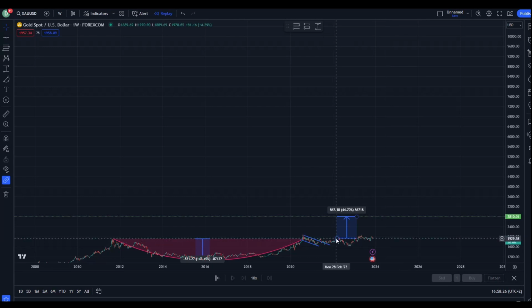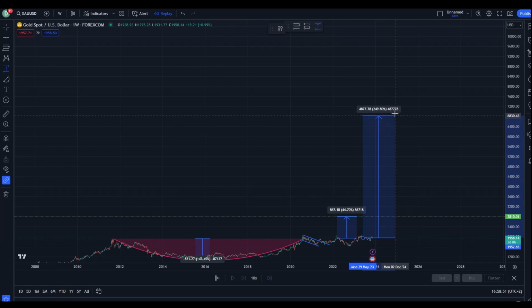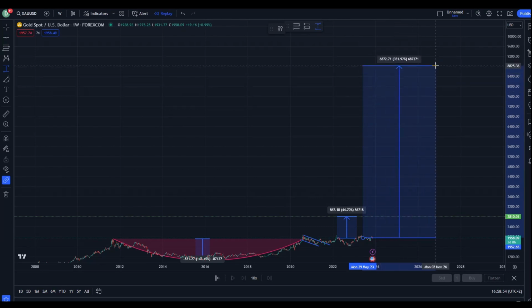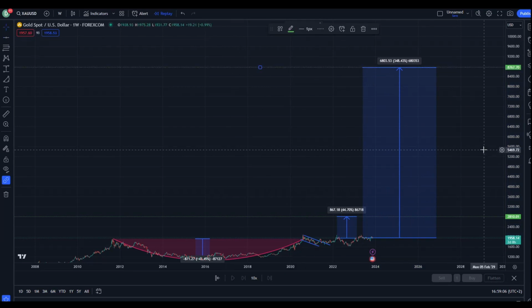Over here, the potential increase that we are projecting is about $850 of an increase. But assuming that the price does what it has done before and it increases 8 times more, this means that we're getting a projection of a potential $6,800 of an increase, which is then setting a target of $8,770 for gold. I know that this may sound unbelievable to most of you, and the truth is that gold